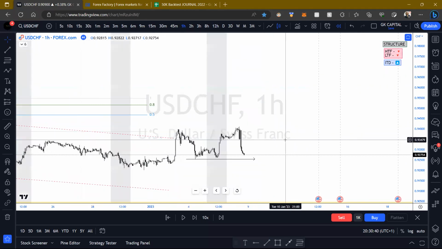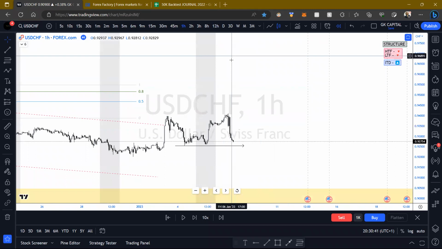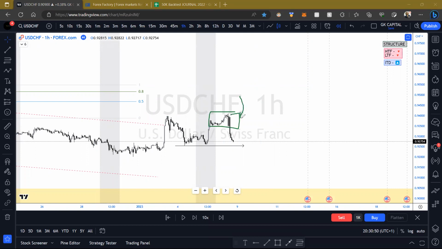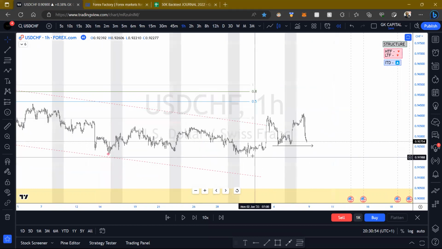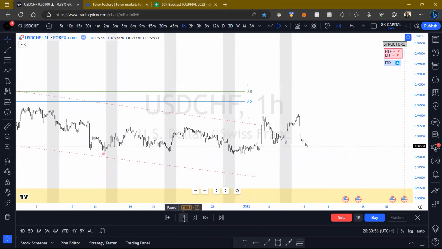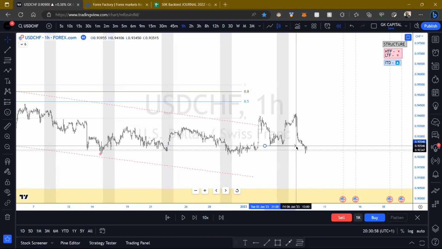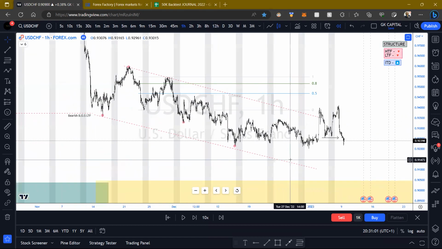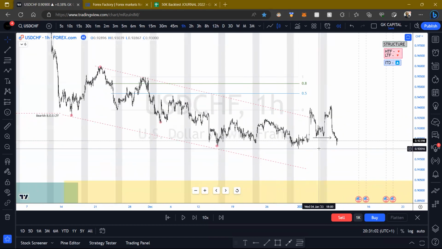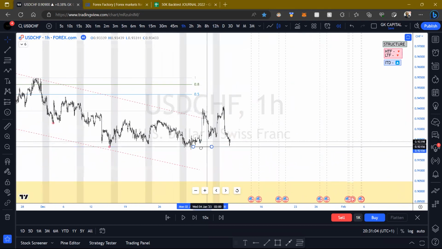Okay, and I can already see there's something in here which we'll go and see. The first thing I need it to do now is, so we have a distro, but I need that distro to actually do something. I need it to have cause and effect behind it now. So let's see. Okay, so we've got the break, right? Now I can actually wait a little bit longer and see if we do go and make this low as well.